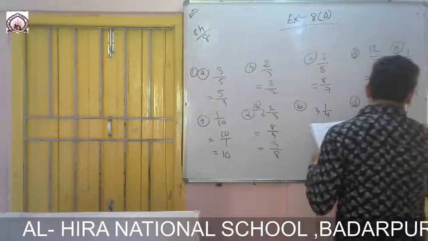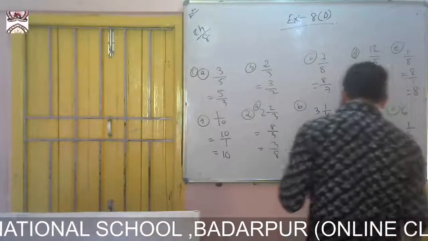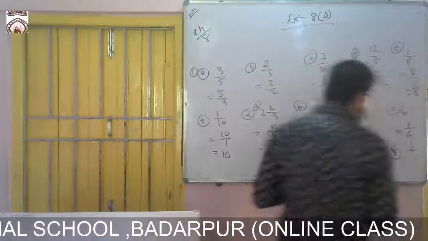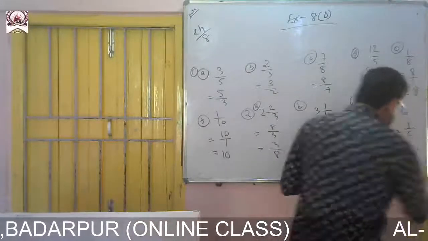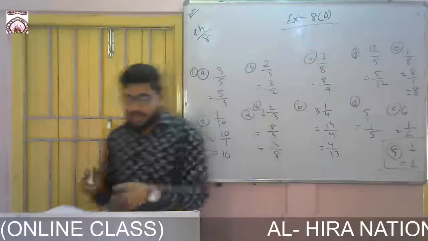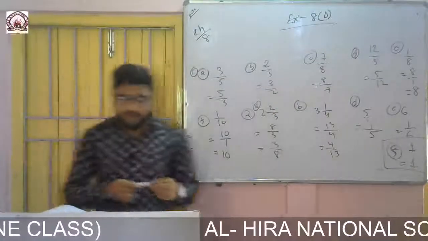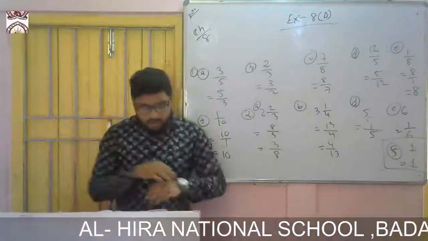So like this, in case of E, 6 is there. So it will be 1 by 6. Okay. Now F, what is there? In F, 1 is there. So the reciprocal of 1 is again 1. You remember this one. Reciprocal of 1 is again 1. And 0 doesn't have any reciprocal. You remember that one.